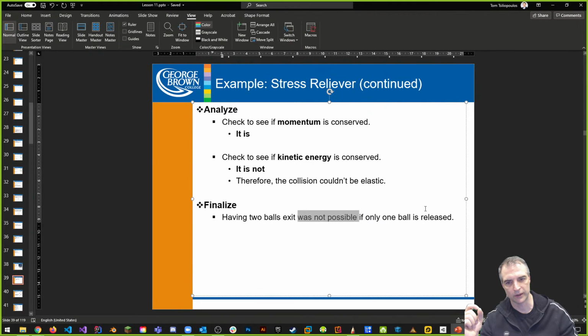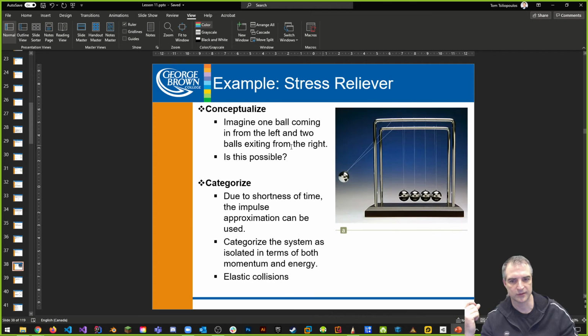If only one ball is released, because of this problem, somehow the kinetic energy would be doubled. There's no way that could happen. So in our mind, this is not possible, because we know from the system itself that this is an elastic collision. So we know it can't be two balls. It must be only one ball. One ball hits, and the energy is passed from one ball to the other until it gets to the last ball. It's transferred until the final ball. And because they're all equal in mass, this one is going to leave while the one that hit stops. This is case 1.